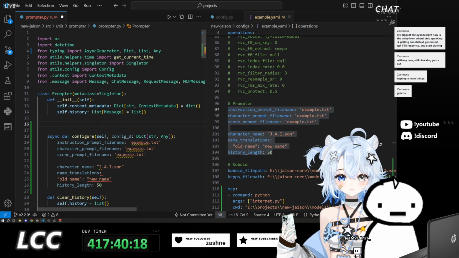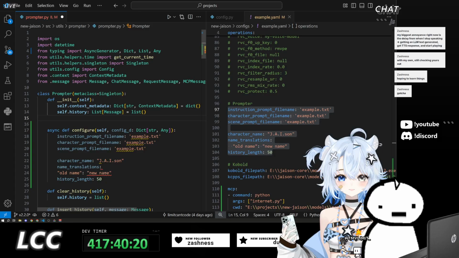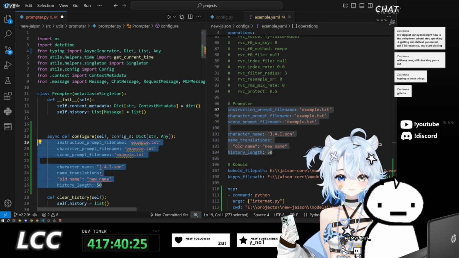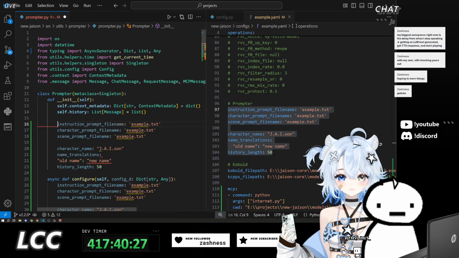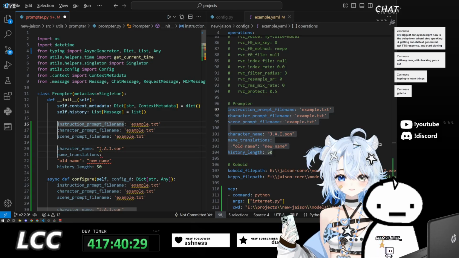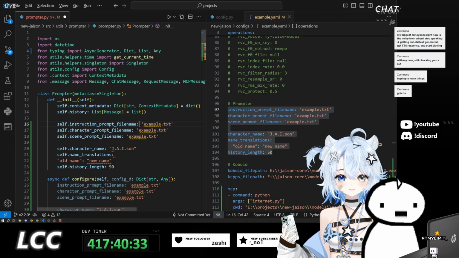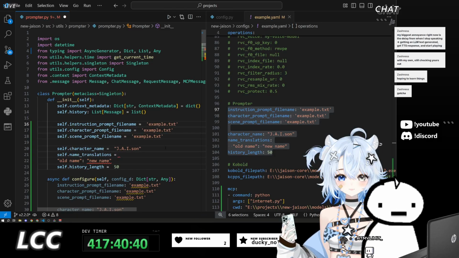Actually, let's do it this way. It'll be easier. Instruction prompt file name, character prompt file name, character name, name translations, history length.